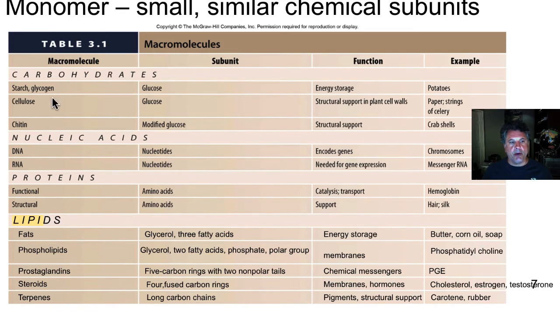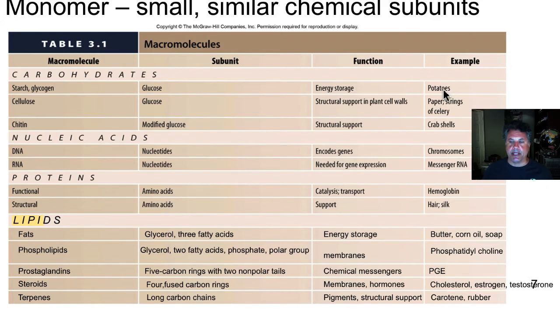So for carbohydrates, if we look at the types of carbohydrates that are common, there are others, but let's just look at these. We have starch and glycogen, which are the storage forms of carbohydrate in animals and plants. Plants for starch, glycogen in animals. And the subunit is a sugar molecule called glucose that we'll look at. Glucose is polymerized into starch or glycogen. And then when glucose is needed, the starch or glycogen is broken down into glucose, which can then be fed into the metabolic pathways to generate the energy currency of the cell, ATP. We'll talk about that later. So glucose, starch and glycogen for energy storage.